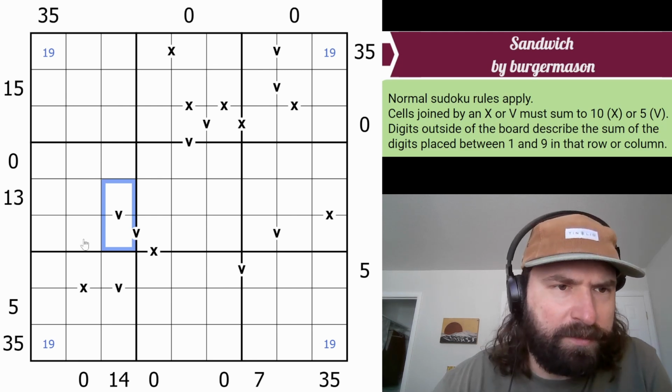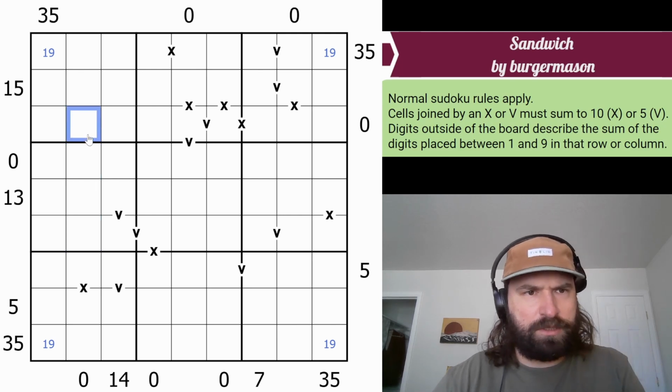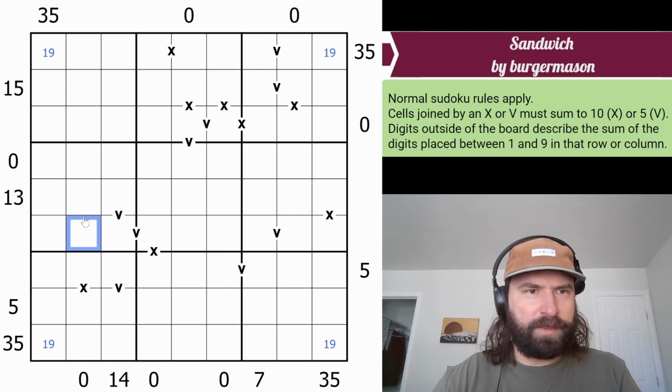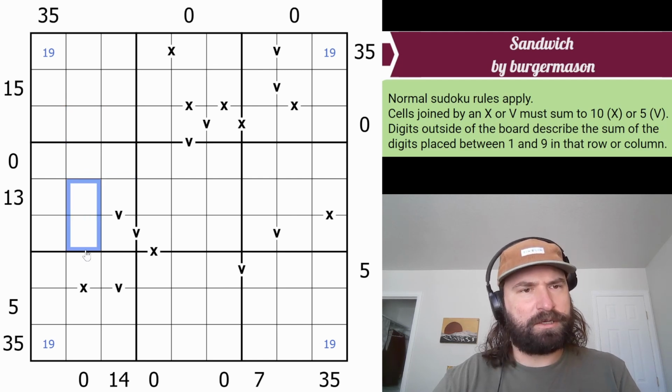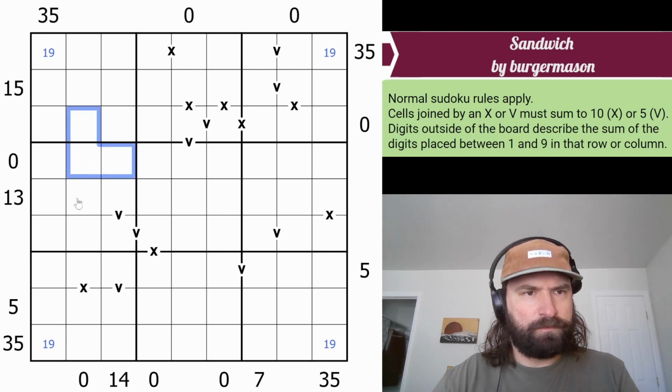Yeah, so, okay, a lot of combination of rules going on here. The 0 means 1 and 9 are next to each other. So they could be here, or here, or here, right? But the 0 here, if one of them is here, the other one's here. So like this could definitely be the shape of the 1, 9 thing. I'm feeling like it's either that or this. I think that's the situation. Because if one of them is here, the other one has to be next to it, and it can't go here because of the 1, 9 pair here. So it's either this or it's this, which would force the other one to be there. And if it was here,